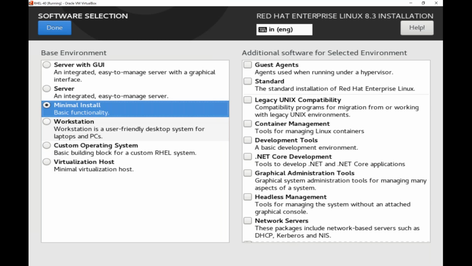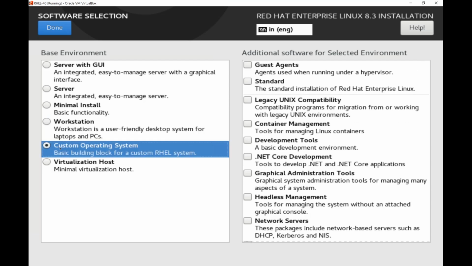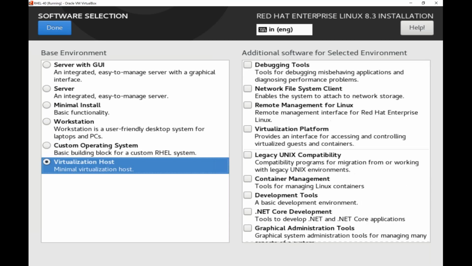Or if you want to install it on your laptop or desktop, user friendly like Windows, then you can choose Workstation. Workstation will give you a desktop or laptop version full of useful software. Then you can also customize and build your own Linux by choosing different packages, what you want and what you don't want. If you are trying to implement virtualization in Red Hat, you need Red Hat OS and a built-in